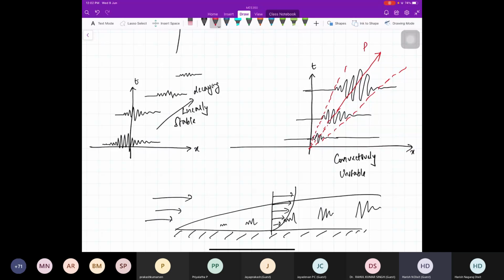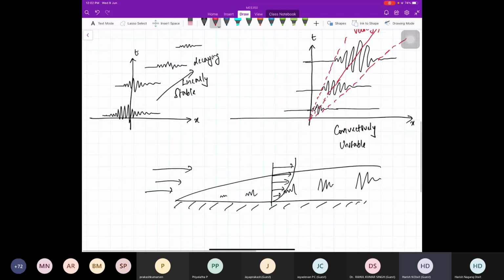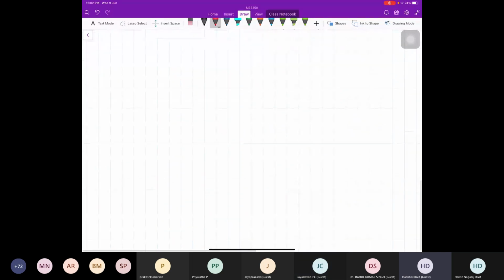This is what gives you what is called the group velocity of this wave packet. It will tell you at what rate the wave is traveling down and growing. The group velocity in this case is complex because it's amplifying and also traveling. Now, you can have some systems where the amplification